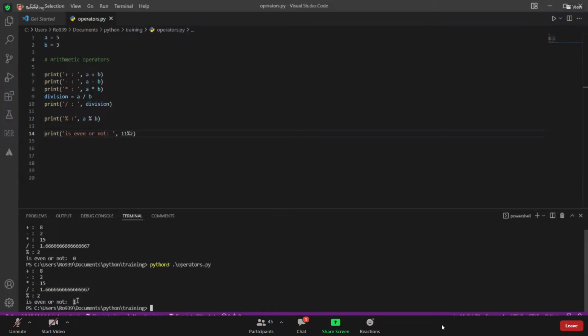If you are getting 0, then it's even. If you are not getting 0, then it's odd. So this is how you can solve the entire program in one step, using modulus. And in the same way, here we will